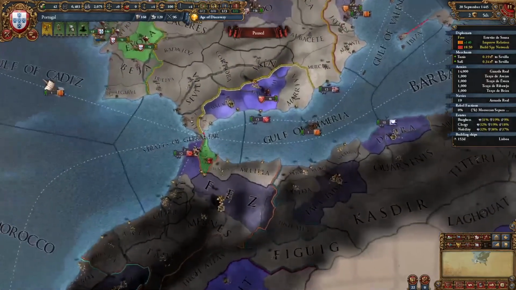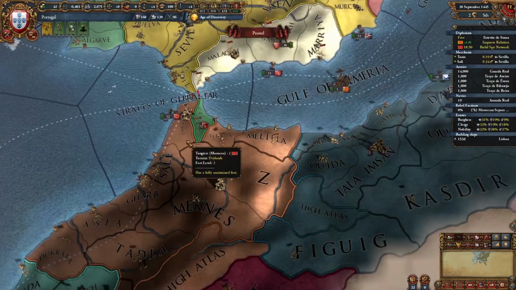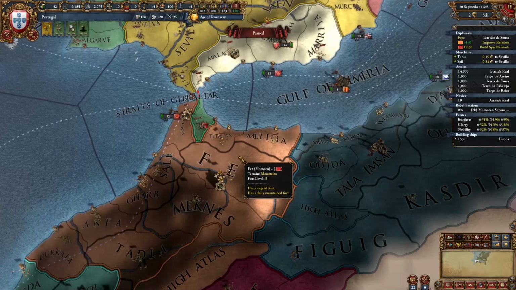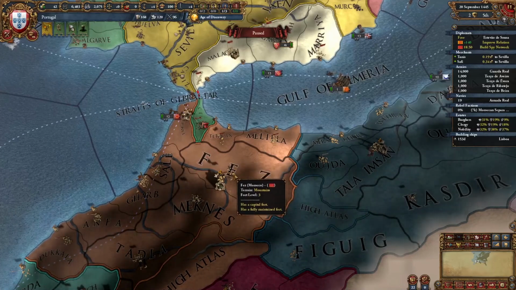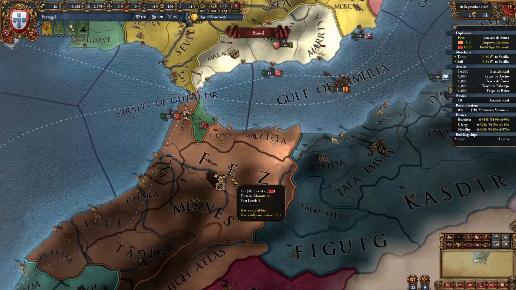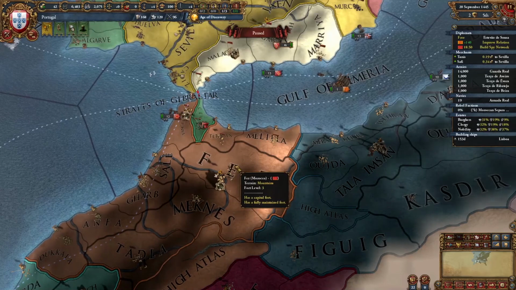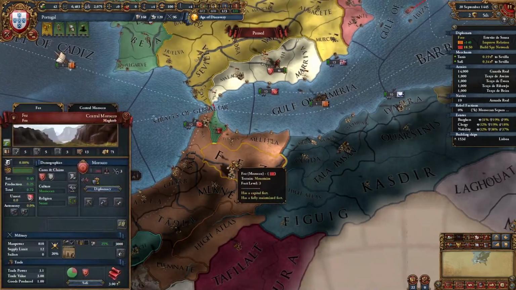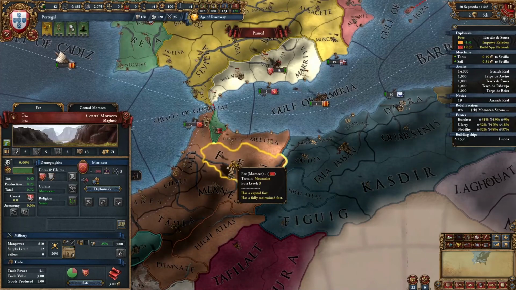So when we have forts down here in our enemy's land, Tangiers and Fez, that gets to be a little worrisome because we have to go in there and siege down the forts. Additionally, with the way forts work, they aid the defenders, the people holding out in the siege, in combat. So in other words, if our army were to go into Fez and start sieging down Fez right when the war starts,